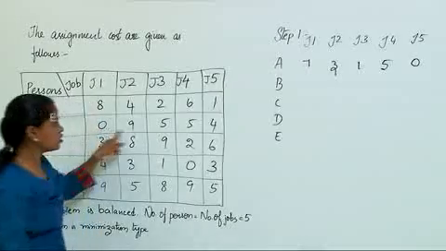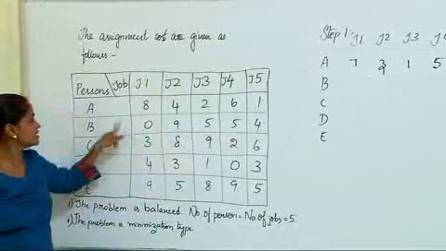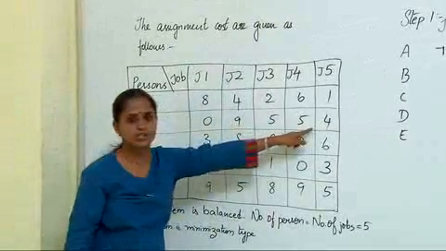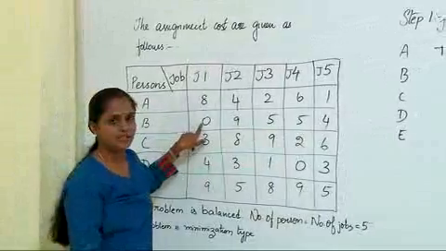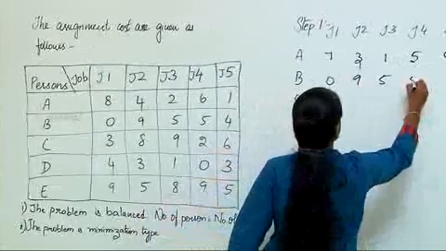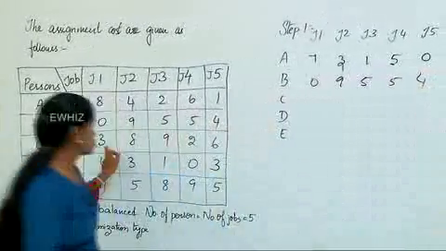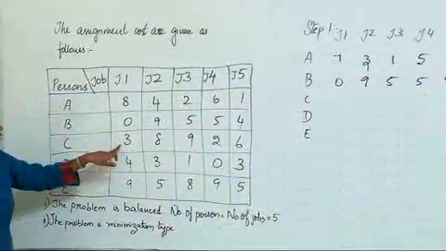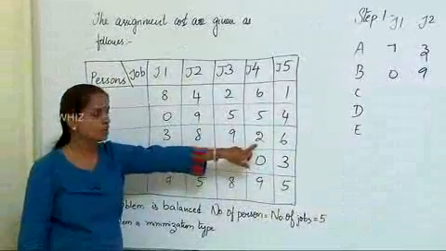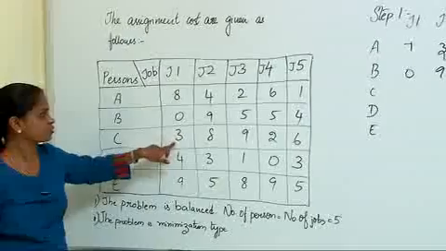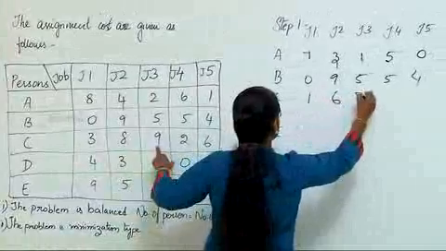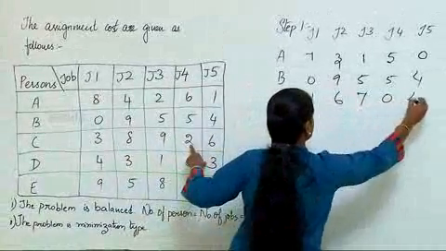Now when you scan the second row, already 0 is present. That means this J1 is a favorable position. So you can retain it as it is without disturbing the remaining values. So copy the values as they are: 0, 9, 5, 5, 4. Now third row, there is no 0 here. So what you have to do is search for the least entry in that row. Least entry is 2. So subtract 2 from all the other entries. So 1, then 8 less 2, 6, 9 less 2, 7, 0 and 4.